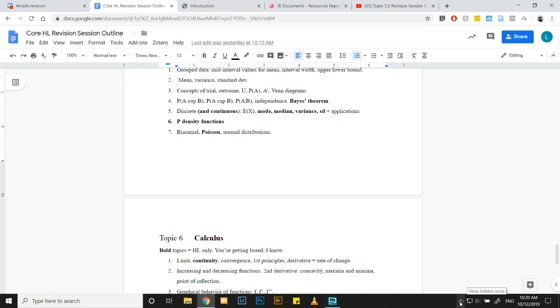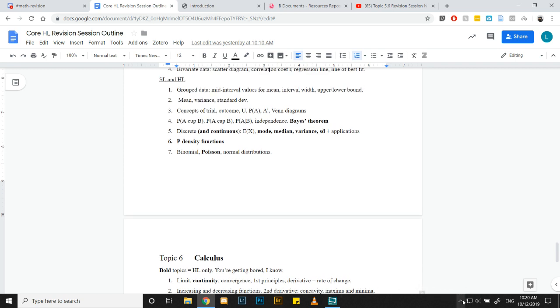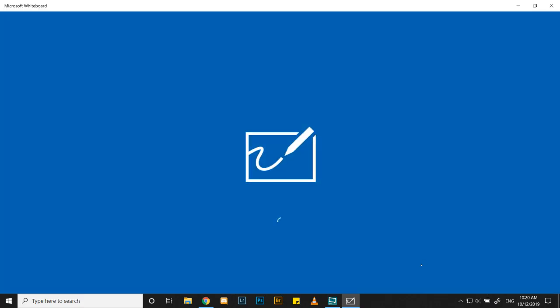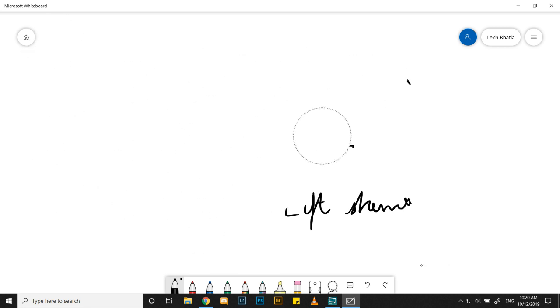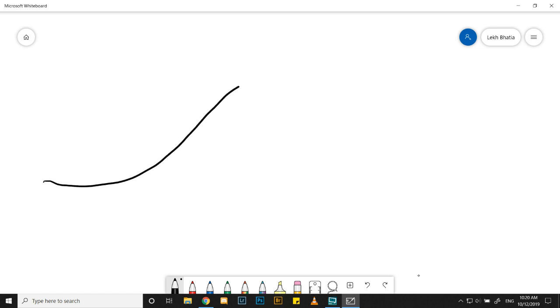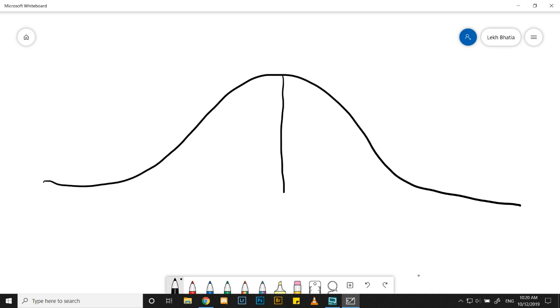I think the best way to think about what the mean, variance and standard deviation are is by looking at a normal distribution. Hopefully, if you're in HL, you've already seen a normal distribution. Everyone should have seen a normal distribution by now. If you have a normal distribution, your mean is at the center, and we denote the mean by mu. Your standard deviation is like,